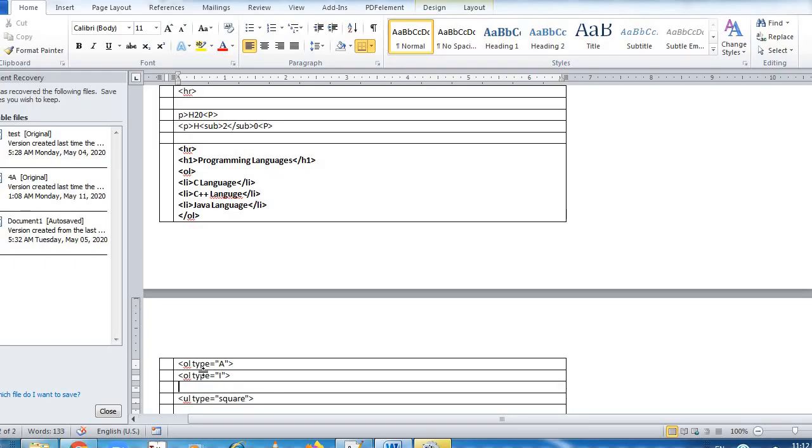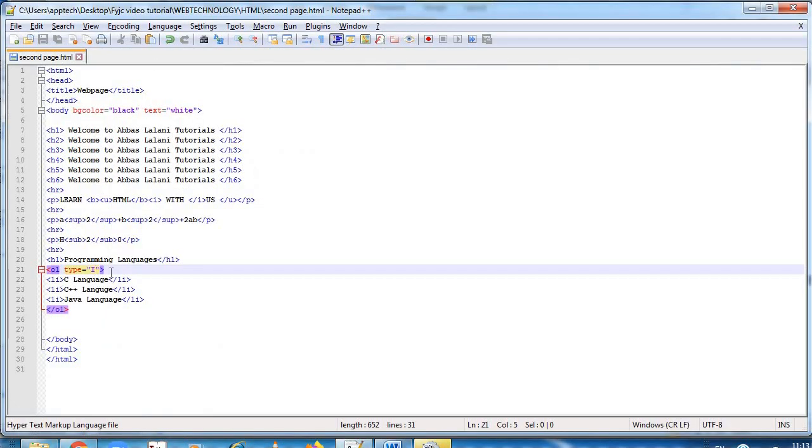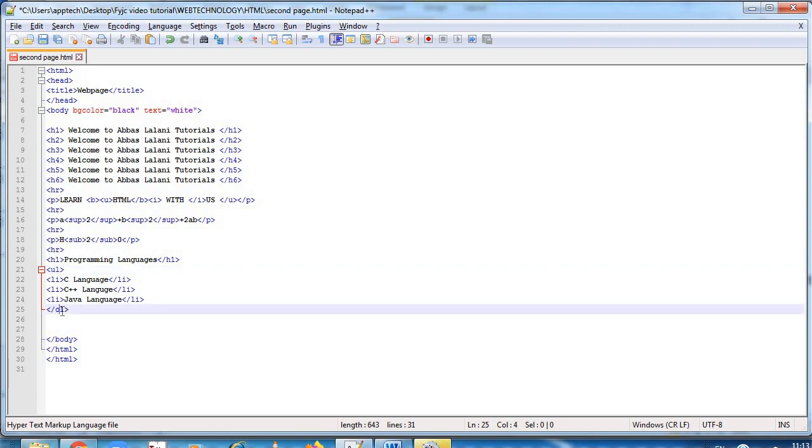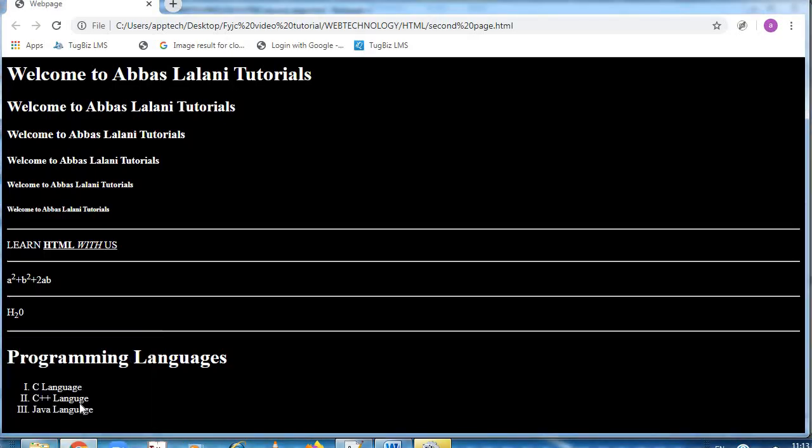Now you will be learning the unordered list. Just erase this. Now instead of OL put UL, and here instead of OL make it UL. Now let's see how it looks like. So it has come by default in bullets.